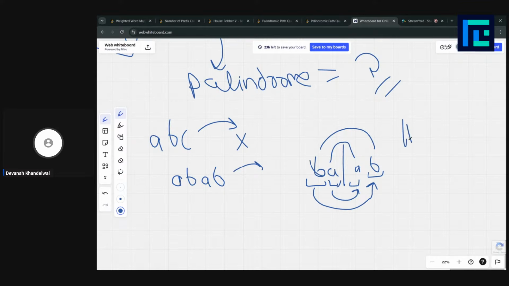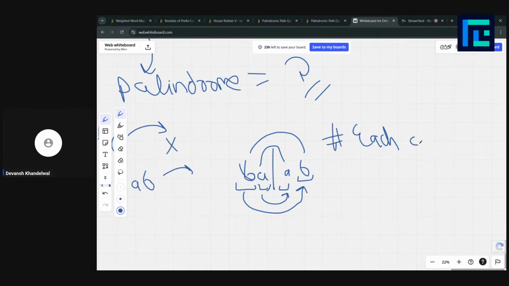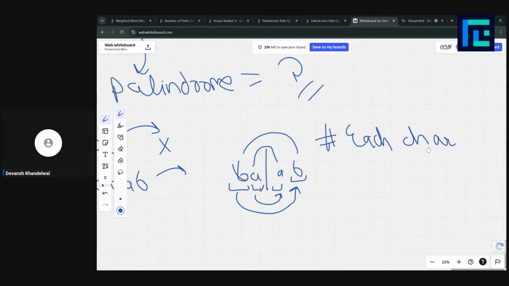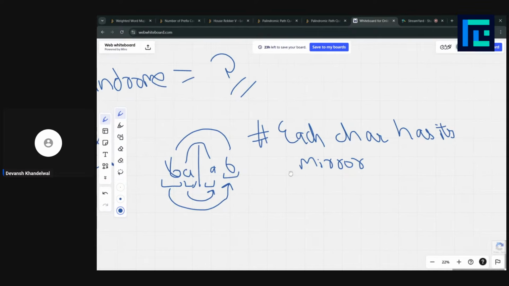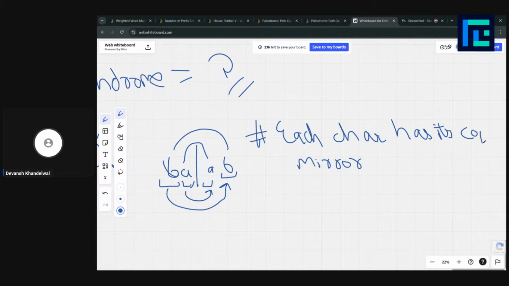This is our first observation. Each character has its copy in the mirror.